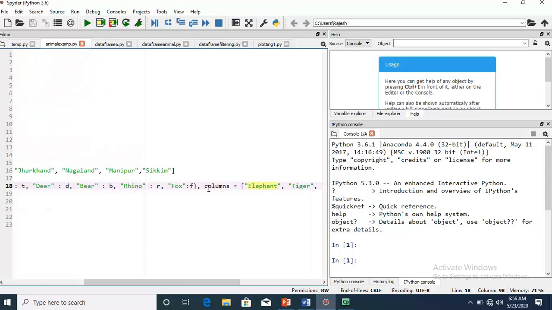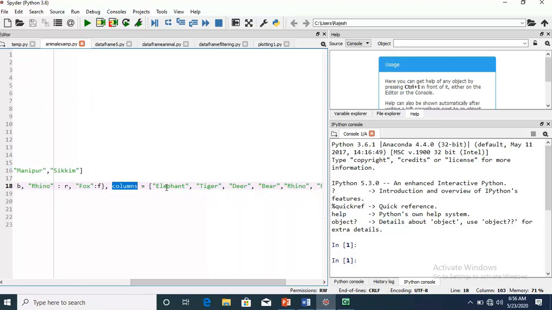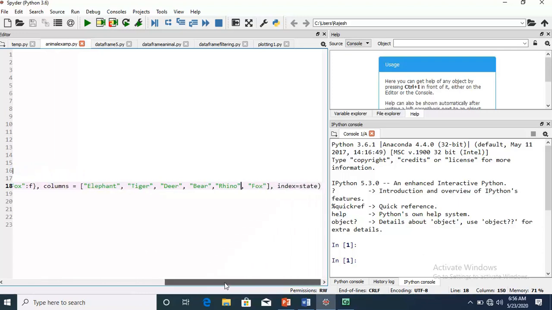Then here I decide the sequence of columns. First the elephant column, then tiger, then deer, then bear, then rhino. Finally I have set the index of the data frame, and the index of the data frame is state.